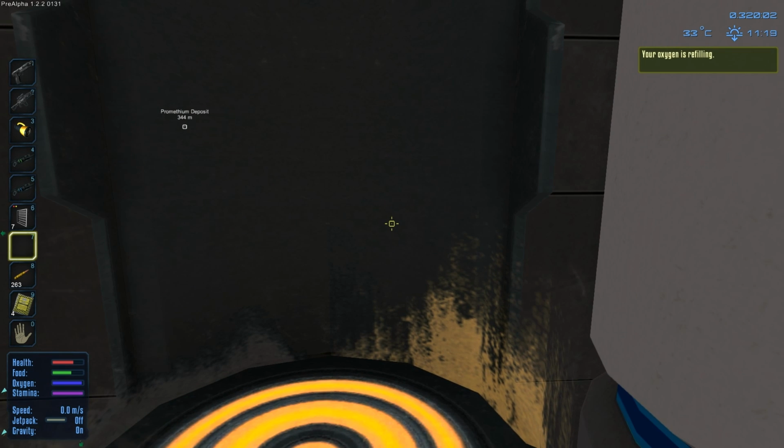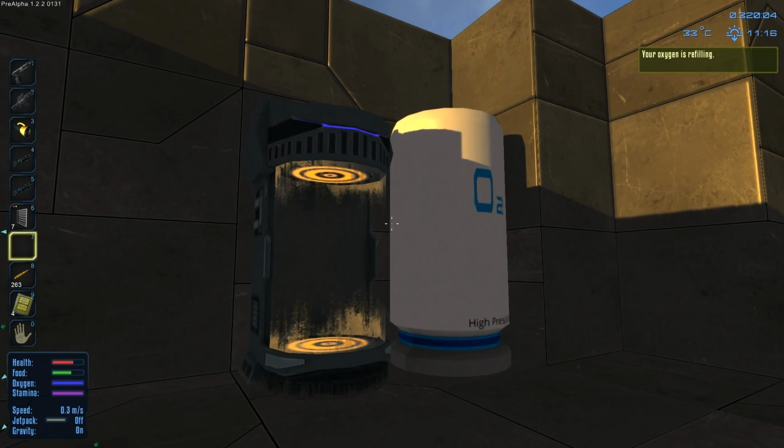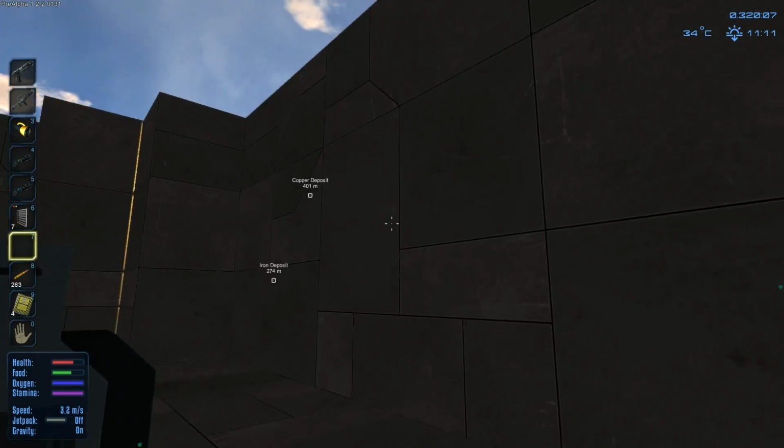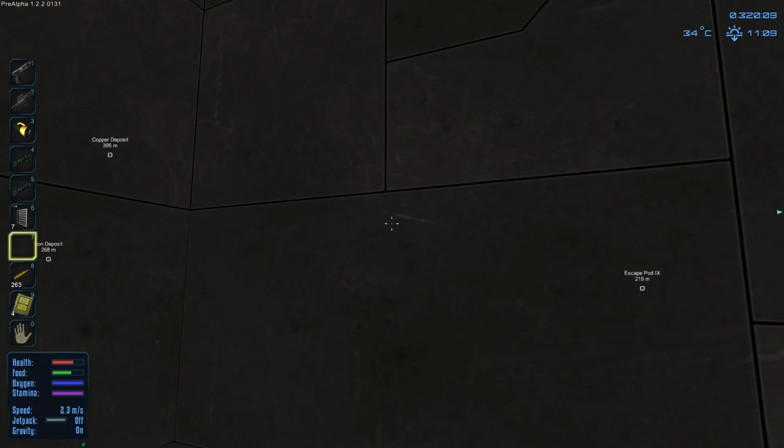So there's our oxygen station. Cool. We're good to go. We can actually fully cannibalize our other ship now. Everything's looking good. I gotta replace some of these floors. I'll probably do it off camera tonight, though. Instead, what I'd like to do here...